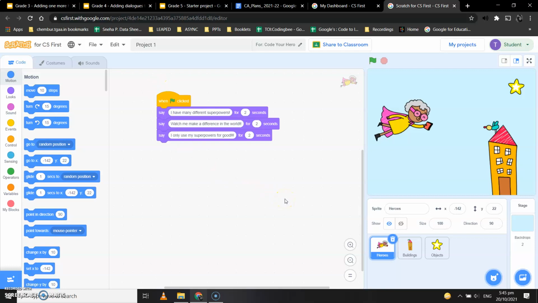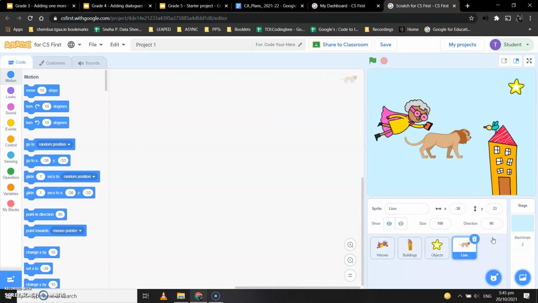That extra hero can be anyone. You can click on this kitten-like icon in the bottom right corner. See over here there is an option called surprise. When you click on surprise, let's see what happens. Surprise adds any hero or any sprite of their choice. If right now we don't want a lion, let's delete it.